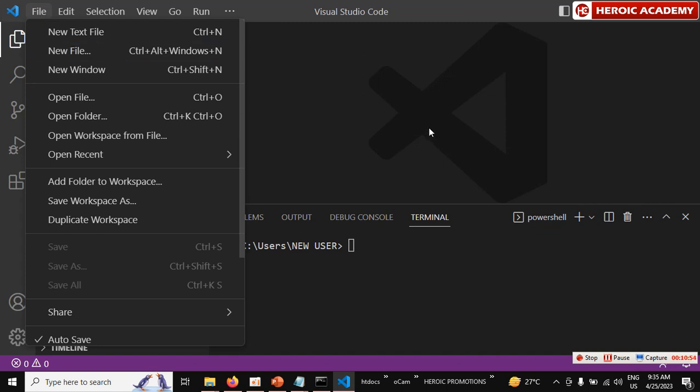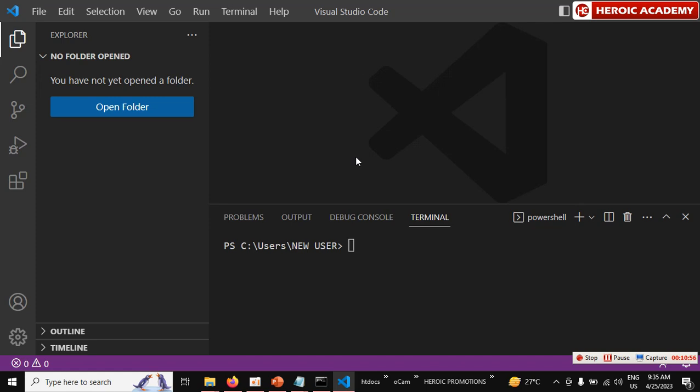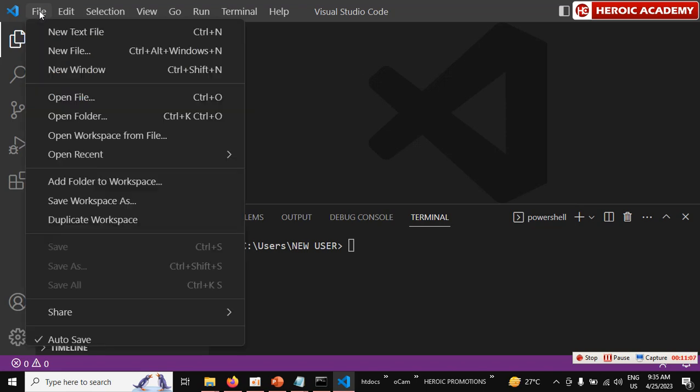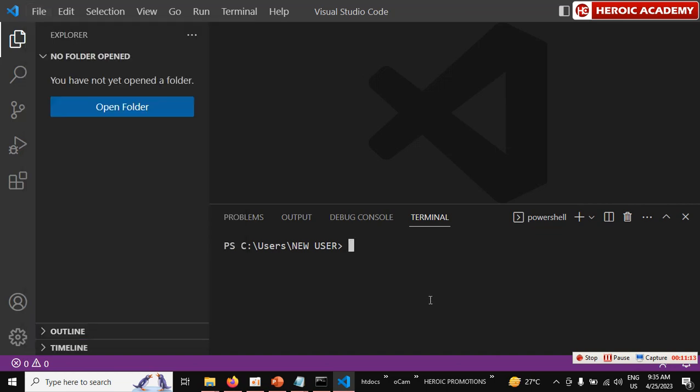Backtick is on your keyboard below the escape key. Look at the escape key, below it you're going to see the backtick key there. So once you press Ctrl backtick,